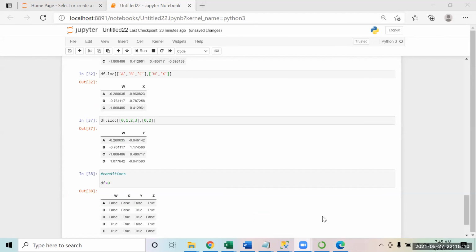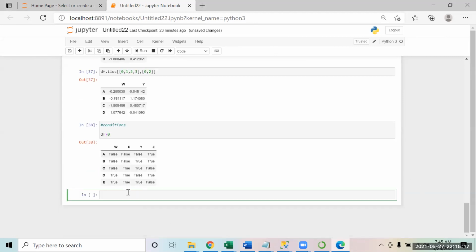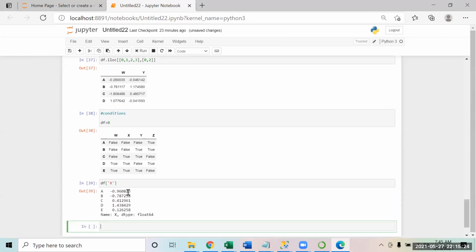So the one that you have written, this technique is totally fine. It just works in that sequence. Suppose I say that I want to just pick the column X. Now this gives you that complete column X. Now this becomes one part.